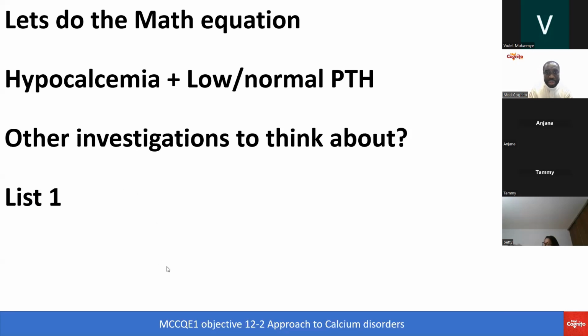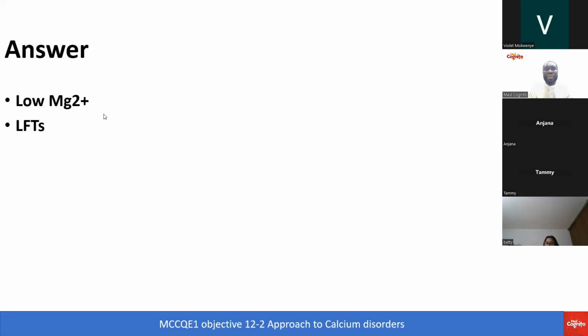I've seen some people typing in some answers. Some are saying mileage and all that. I'm going to check for magnesium. I'm also going to check for liver function test, because remember that we said that some of the further investigations you will do will be ALP, will also be